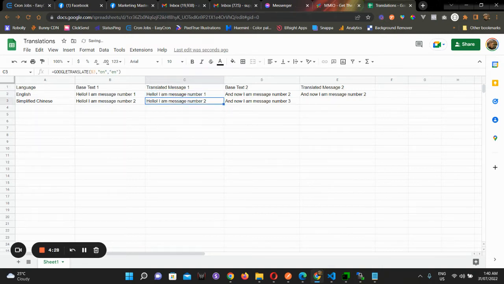The formula would be this language from English to simplified Chinese. So instead of EN, let's use ZHCN. And this one too, let's copy this value. And instead of EN, we are going to use that one. Okay. And let's add one more language. Let's say